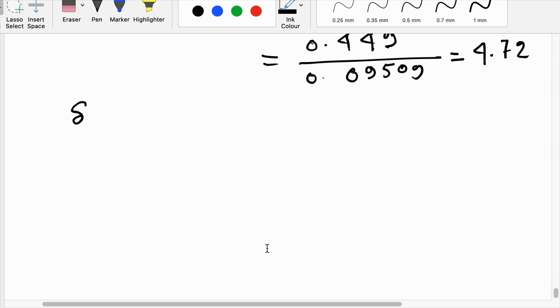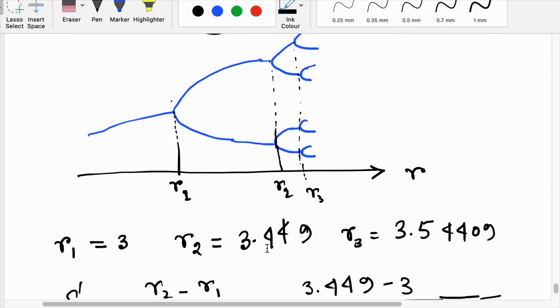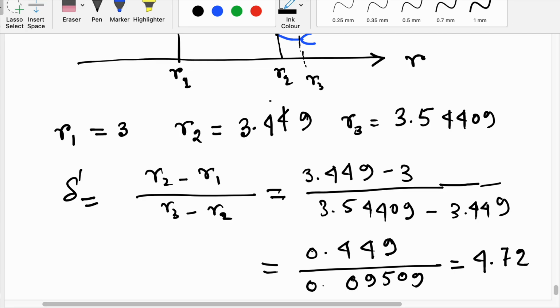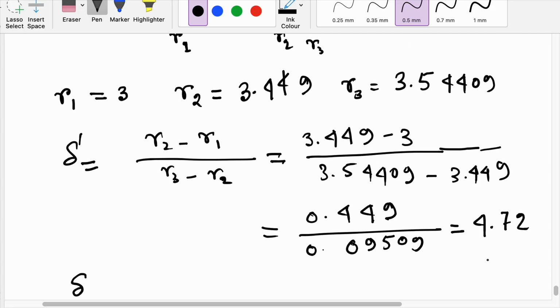you see the distance between where the first period doubling bifurcation occurs and where the second period doubling bifurcation occurs. The third period doubling bifurcation occurs at R3, but the distance between these R's is actually decreasing. Feigenbaum found it very interesting that the geometric ratio at which this is decreasing goes towards a number as we increase n. At the first point, we actually get 4.72.